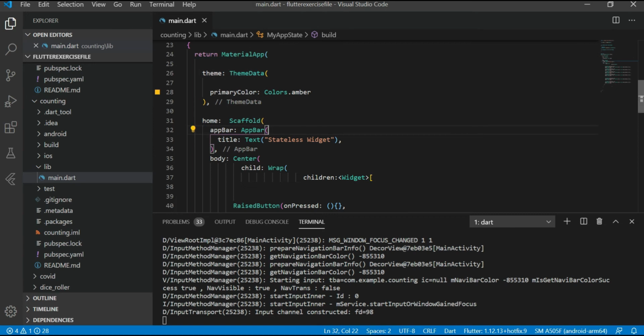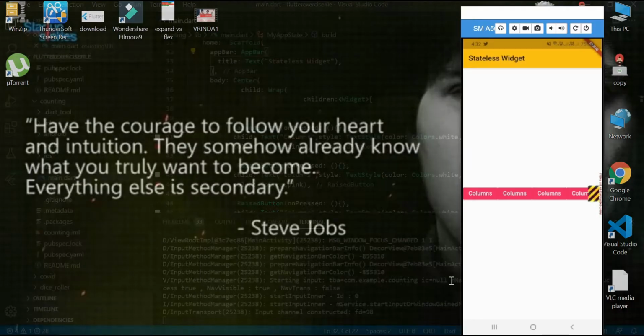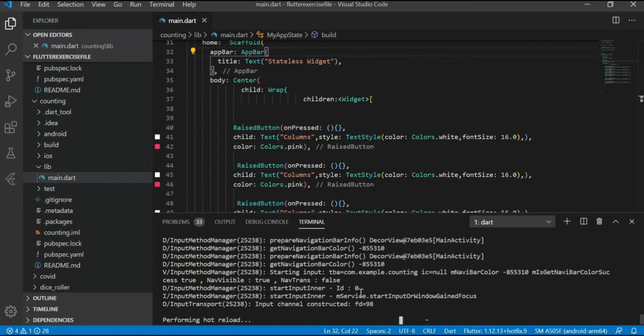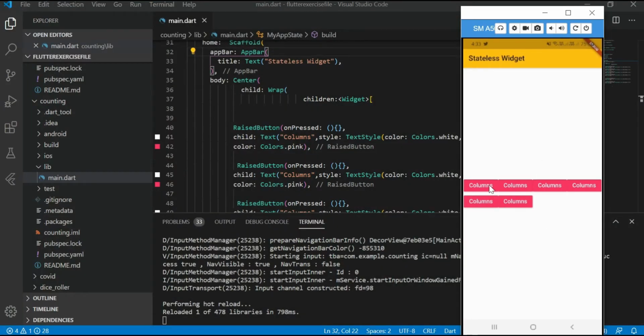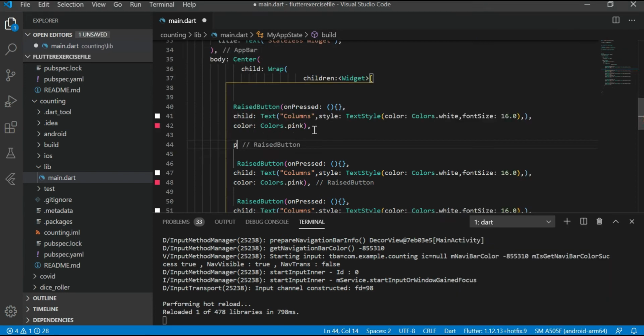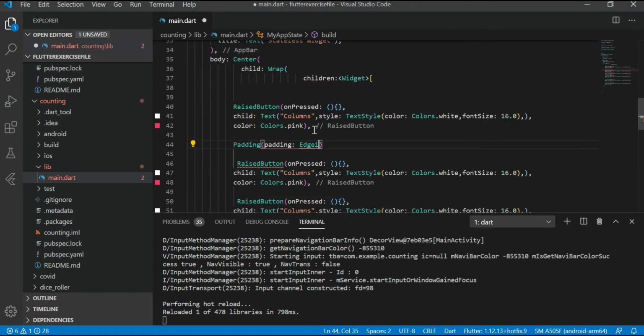The widgets align automatically like this. The remaining buttons are automatically shifted to the next line. You can also give direction to the wrap, how you want to wrap your widgets, like horizontally or vertically.